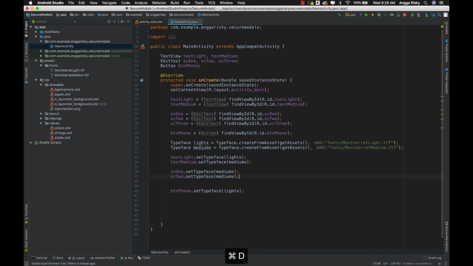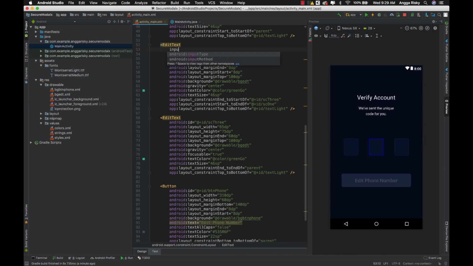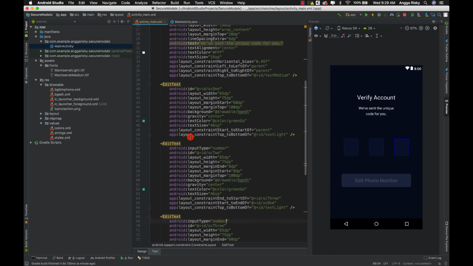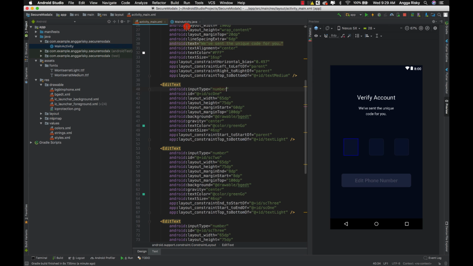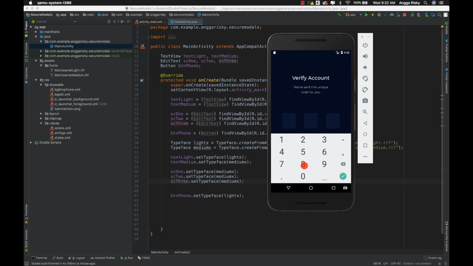But I'm pretty sure that I forgot here. Okay, so this is supposed to be SG3, and then you have to go back to the edit text and give the input type, which is number. Okay, input type number, and once again input type number. Okay, and you can check again in the emulator. Okay guys, so this is the design that we did right now. Wow, congratulations, it's nice, right?